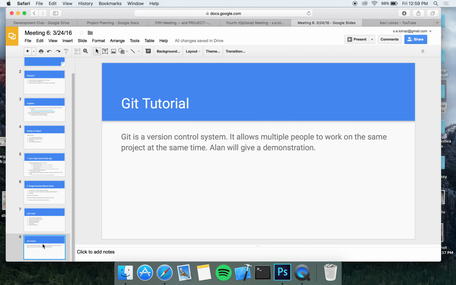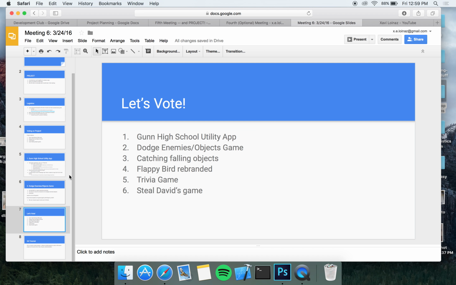The first one is Steal Alan's game. You can also have this road simulator. All right. Due to the amount of time we have left, I think we're gonna vote now. How about everybody gets 3 votes for the first voting? We have to finish it up really fast.